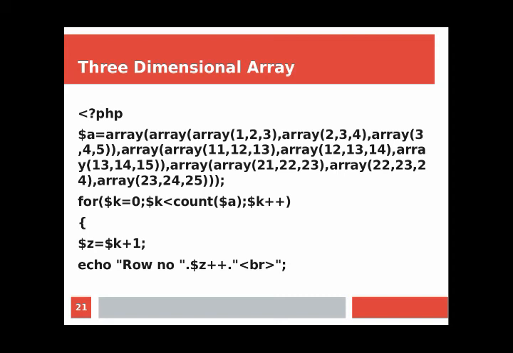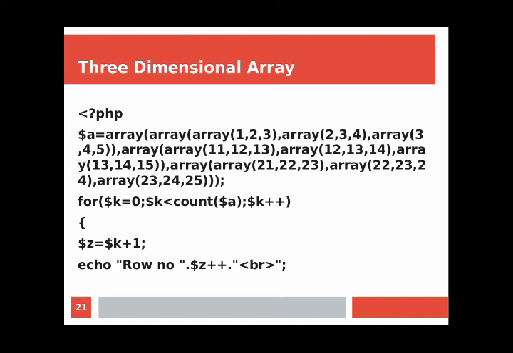Okay. Then we see one program here which explains the three-dimensional array. Here PHP program, $a equal to array. So $a is an array variable. Here the first array $a is an array. In that there are another three arrays, and in the second array again there is an array which has three elements. So the first array contains three arrays, and in the first one again there are three elements, suppose array 1, 2, 3, then the second element array 2, 3, 4, and the third element array 3,